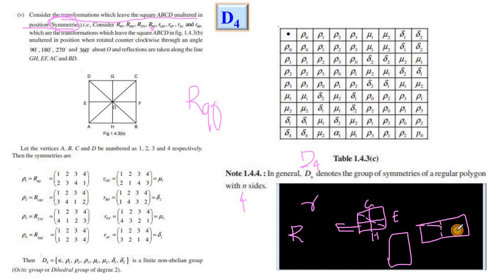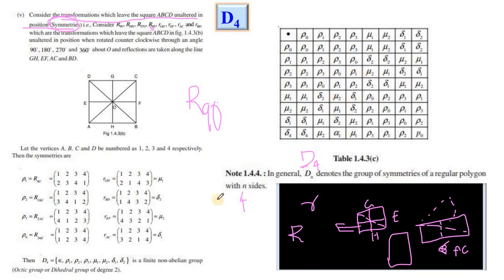whereas in this case when you keep a mirror like this, then it will go like this, so in that case you will have your position being altered. So in that case you cannot consider r suffix. This AC cannot be a symmetry, whereas here it holds. So like this you will get 8. So 4 rotations and 4 reflections, altogether 8.